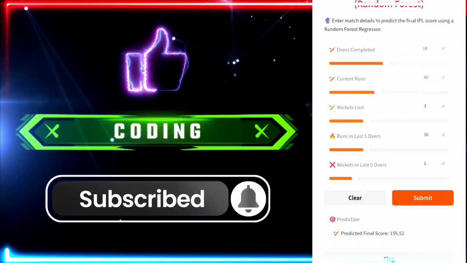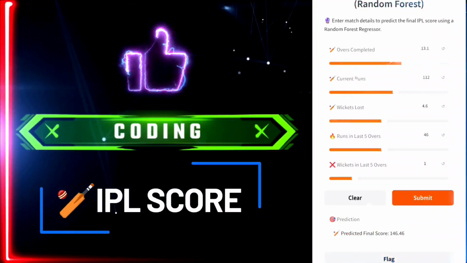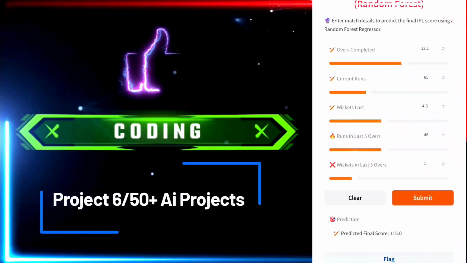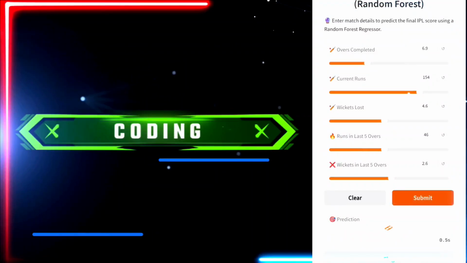Today I am going to show you how you can build a machine learning web application that predicts IPL score. This is project 6 out of 50 plus AI projects. In this video I will show you how you can apply random forest regressor as a machine learning algorithm